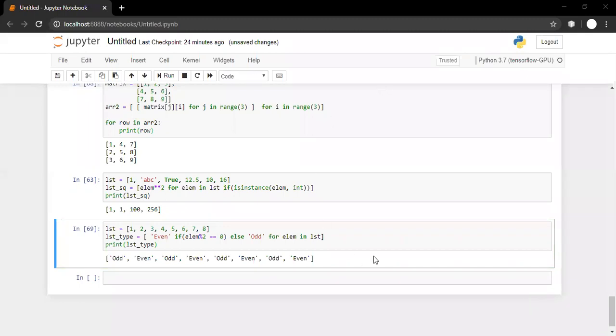Yes, you can use nested if else and you can go to any depth according to your wish. There is no problem. You can go for nested if else, that is also okay. But again, as I told you, if you want to go for if else, you are supposed to use a ternary operator like this. So you can use a nested ternary operator also.